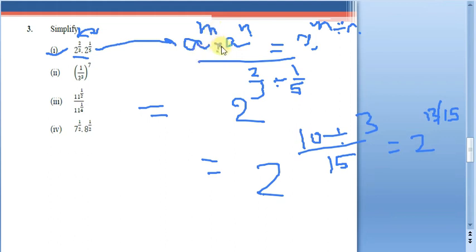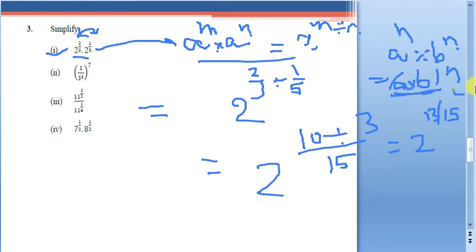Here we are using a power m into a power n is equal to a power m plus n. When the bases are the same, we can add the exponents. Whenever the exponent is the same and the bases are different, we can multiply the bases and write the common exponent. Suppose it is a power n into b power n, where the base is different and the exponent is the same. This can be written as a into b whole power n. So this is the difference: here the bases are the same, there the exponents are the same. In this case we will be using a power m plus n, adding the powers. So that is the first part of the third question.